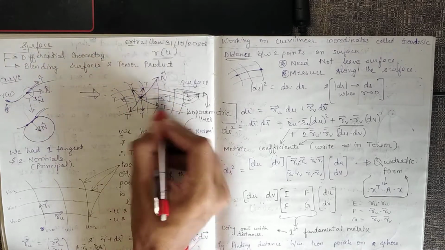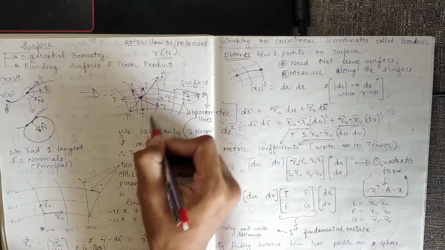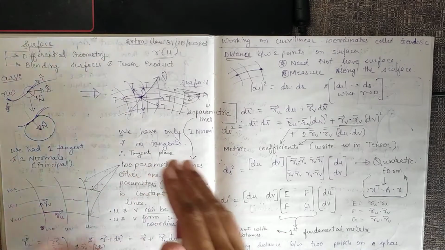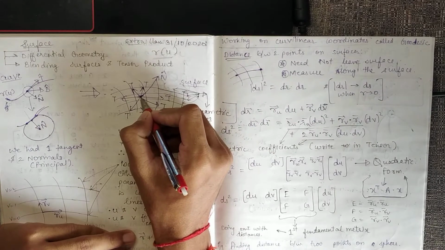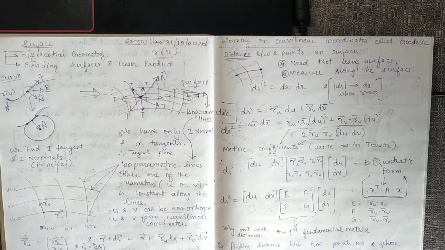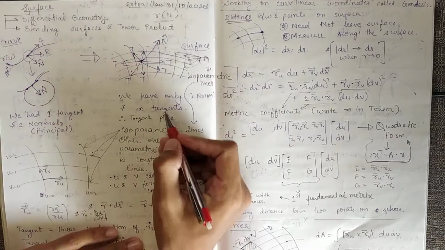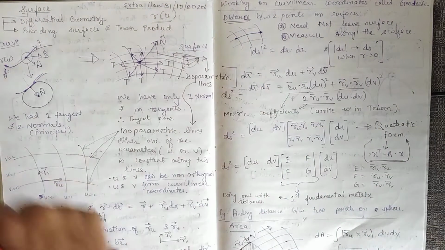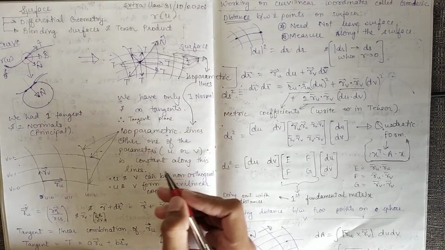We can say these are our v's, v1, v2, v3, v4, and these are u1, u2, u3, u4, and then we have a surface defined using the grid. At a point on a surface, we'll have a normal, but there could be many tangents in different directions from that point. So we'll have one normal, but we can have an infinite number of tangents because there are infinite directions in which we can travel from a point on the surface itself.